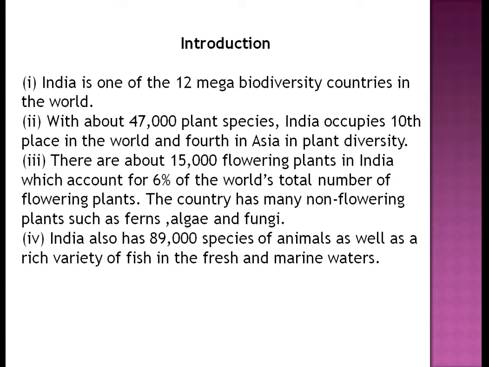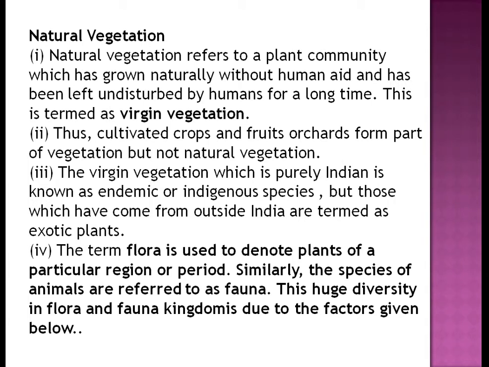Next, the fourth point stating that India also has 89,000 species of animals as well as a rich variety of fish in the fresh and in the salt water, that means the marine water. Next, point number 1,